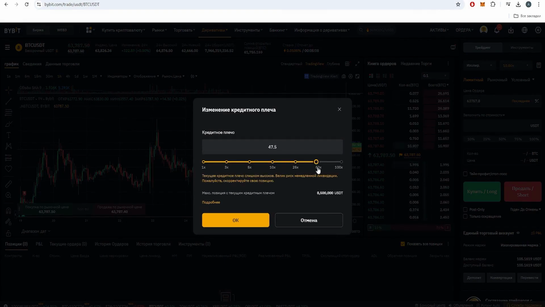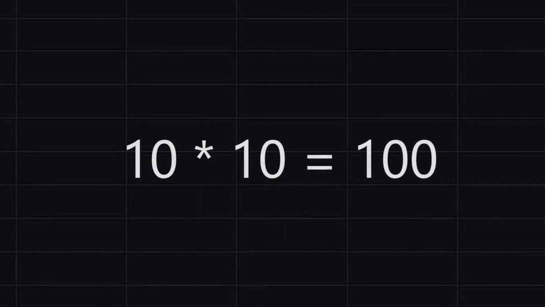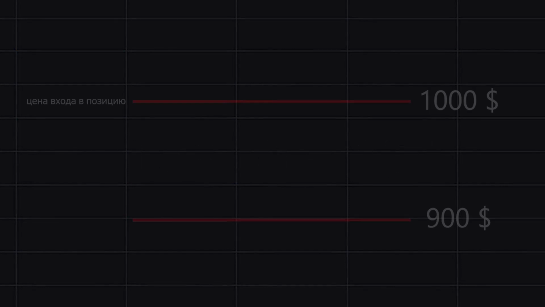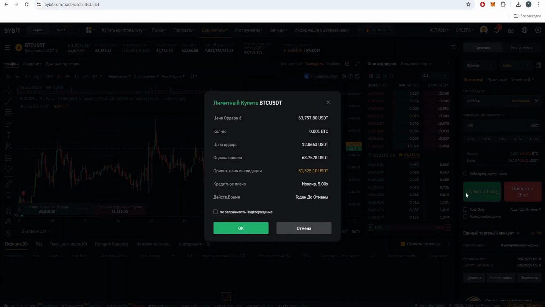Leverage is essentially an accelerator for both our profits and our losses. With $10 in a futures account and using Tank's leverage, we can open a contract worth $100. But if the price moves just 10% in the opposite direction from what we chose, we will lose our $10 and get liquidated. Liquidation is the forced closure of contracts by the exchange due to insufficient funds to maintain the position. That is, when opening a position, it will be indicated exactly where our money will run out and turn